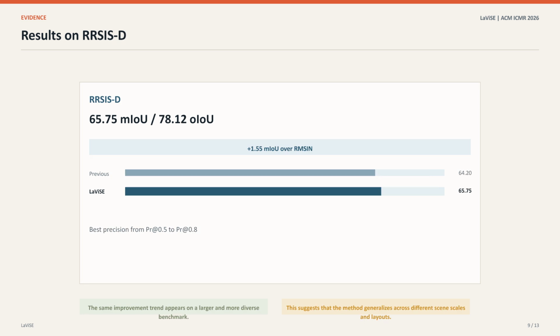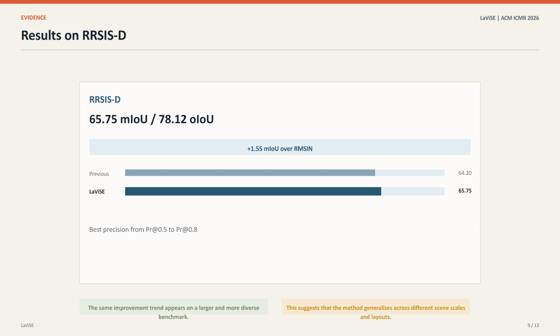On RRSISD, LaViSE reaches 65.75% MIOU and 78.12% OIOU. This is a 1.55 MIOU gain over RMSIN, which is the strongest previous competitor on this benchmark. It also achieves the best precision from PR at 0.5 to PR at 0.8.